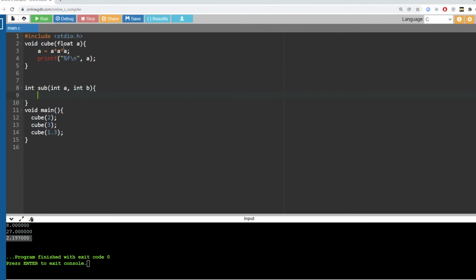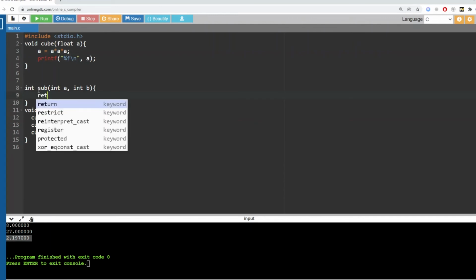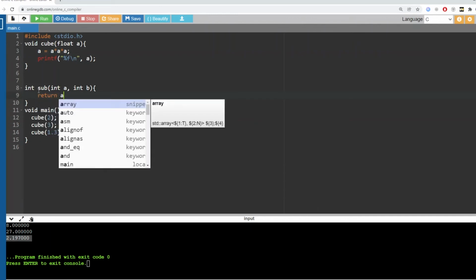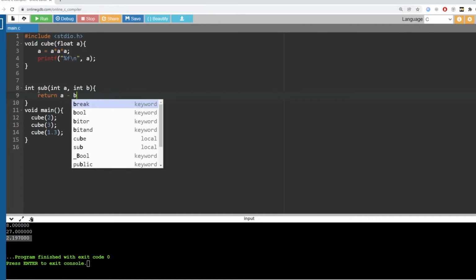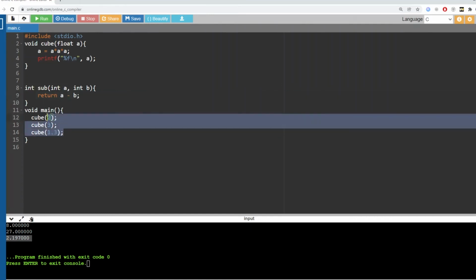I probably should have explained, doing the cube is the same as multiplying the number 3 times by itself, which is what we do here. We take a multiplied by a multiplied by a, and only then do we store whatever the result of this equation is into a. So subtracting here, it's set to return the result of subtracting b from a. So what we do is a minus b, and this should give us the